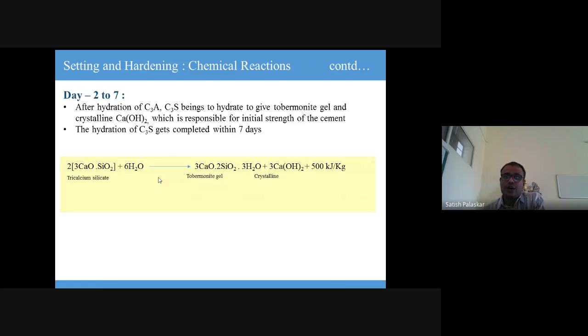Because a huge amount of heat is released on day 1 in the concrete, and the surrounding temperature is also high, cracks develop, because that heat will not be absorbed by the surrounding area. But if the same slab is cast in the winter season, you don't see that many cracks, because whatever heat is released is absorbed by the surrounding. Okay,